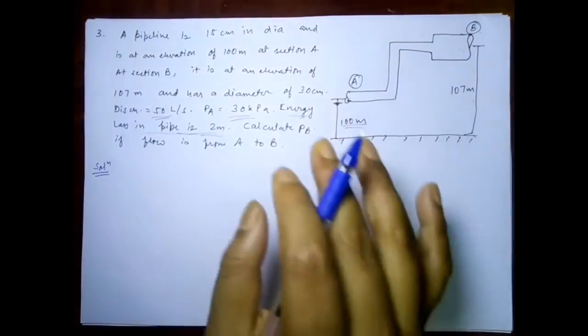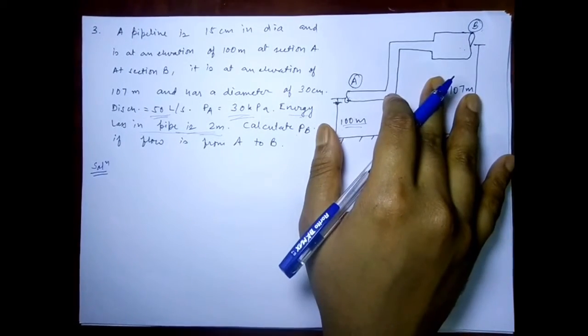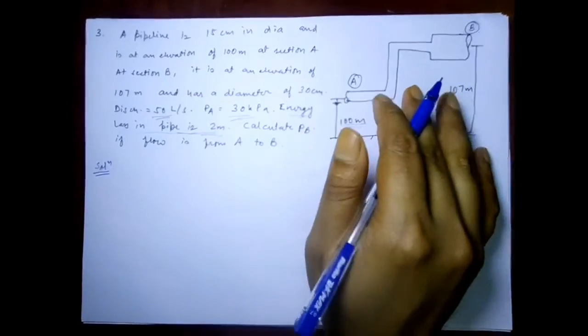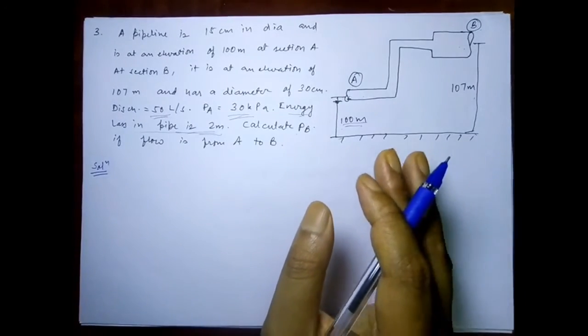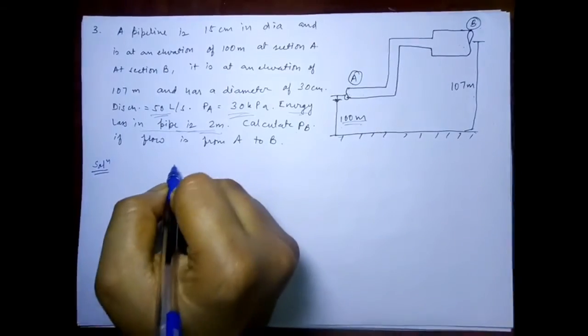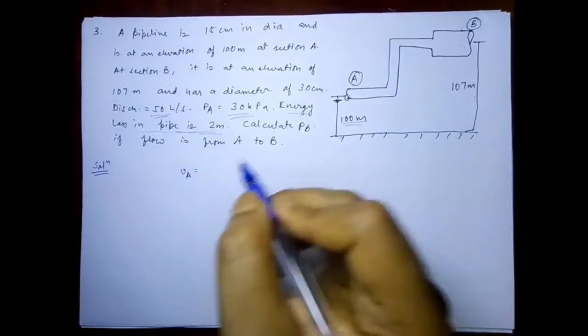So here we have a new concept, that is the energy loss in pipe. What happens whenever this is actually a practical case, because in ideal fluids there is no head loss, but it's a real fluid, it's a real case, therefore there is some head loss at the end of the pipe. So let's first get the parameters we don't have.